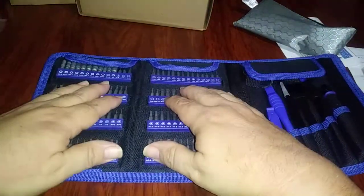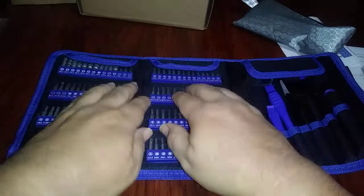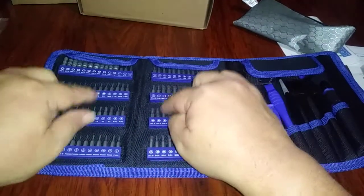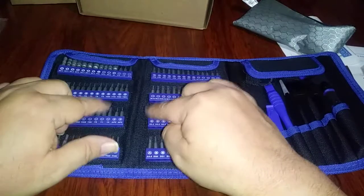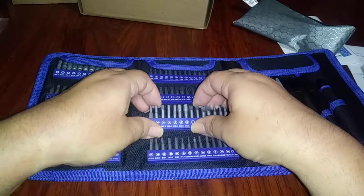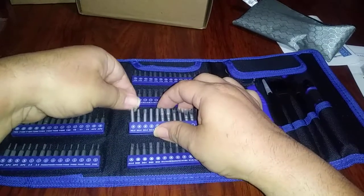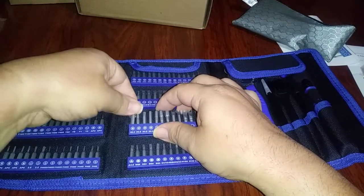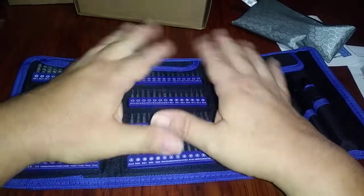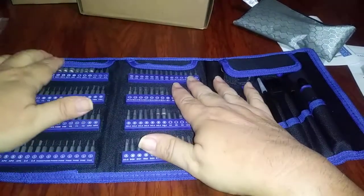The only thing, now we're getting to the negative part. We're getting to the part I don't like. So these driver bits, they're not held on very snug. It's just like a little rubber deal. So they're not held on very, should I say, very securely. I mean, they will stay in place if you handle it gently. But,